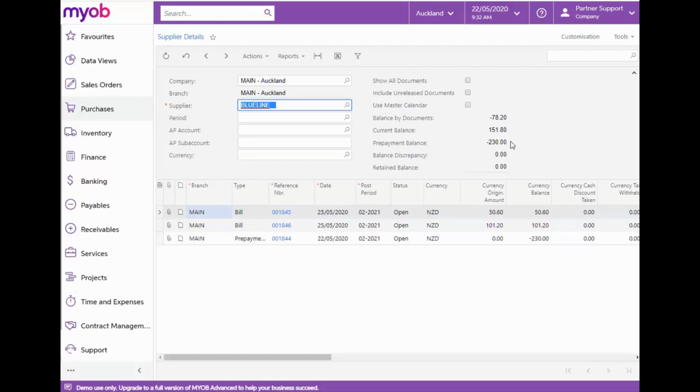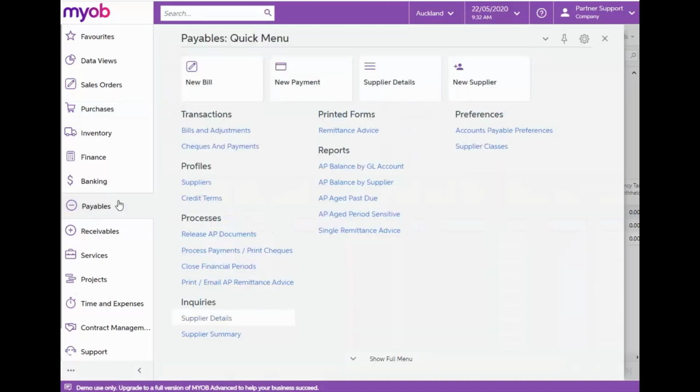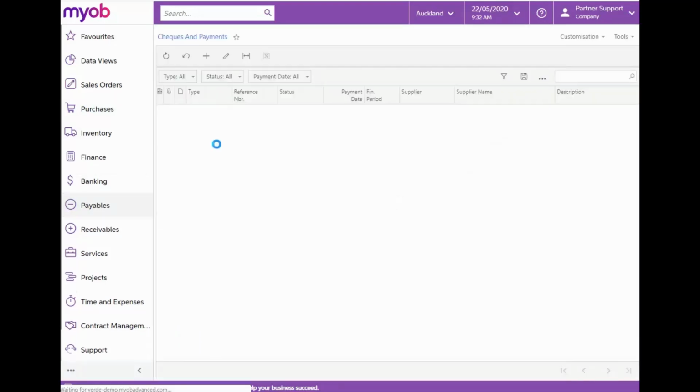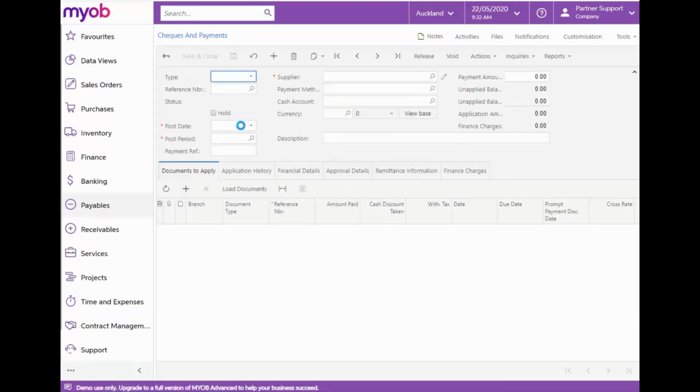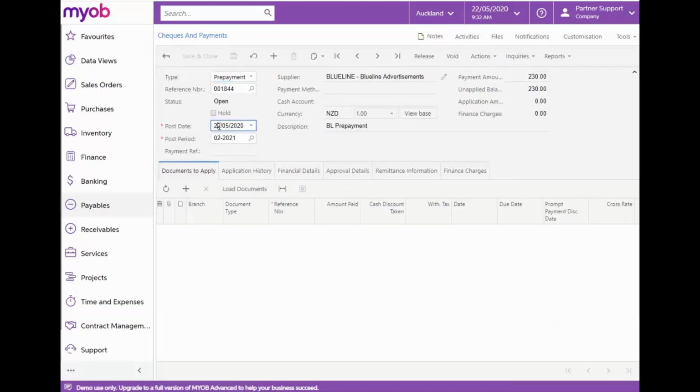Suppose that we have decided to use $30 of the prepayment amount to partially pay the two Blue Line Advertisement bills. Thus, we will apply $10 to the $50.60 bill and $20 to the $101.20 bill. From the Payables module on the Checks and Payments form, let's select the prepayment document entered previously. Let's now change the post date to 29/05 as we have decided to apply the prepayment and pay the bills